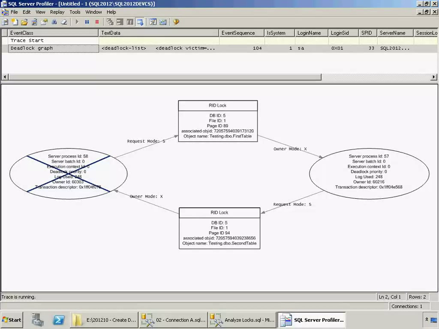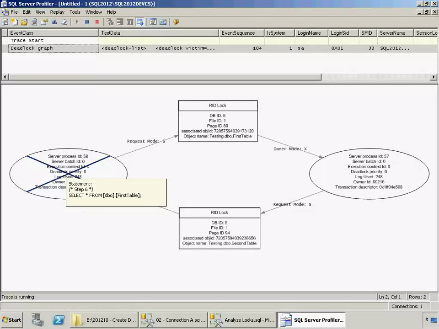So you can see the request mode means this process requested this resource to read it, because it's shared lock, but this process already owned a lock in exclusive mode. And the same thing here. So second table was requested, but it was exclusively locked by this one, which I believe is process B.